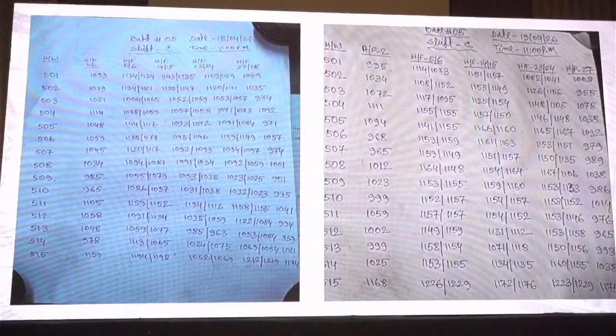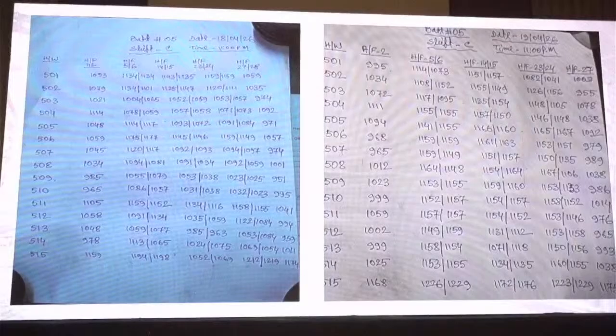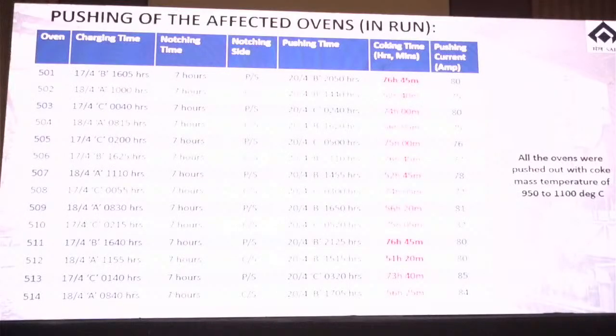The ovens were more or less ready and we were confident that sole pressure was made positive, so we could increase. The ovens were pushed, all the ovens were pushed in run, and in a period of 77 hours, almost